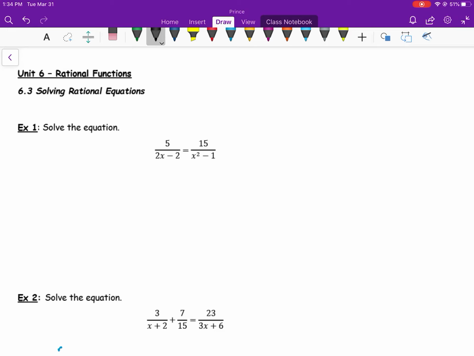Alright class, welcome to 6.3 Solving Rational Equations. Example 1 has two fractions that equal each other. This is what we used to call a proportion. Okay, and used to solve proportions